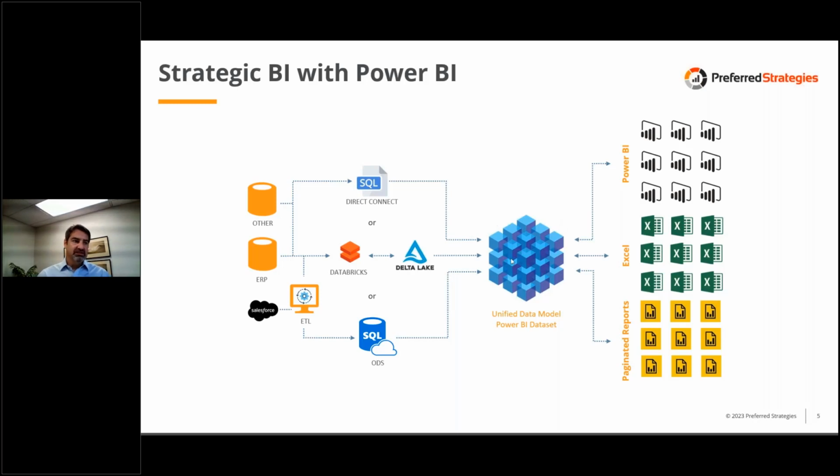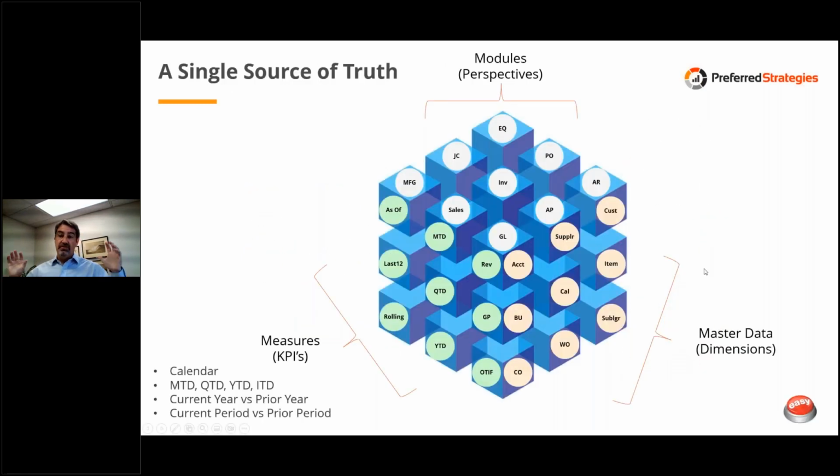But the key is the data is going to land in this already governed, structured, organized, centralized data set. This happens to be a Power BI Premium data set, which we're using today and what we deliver. And why is that important? You could end up rolling out 50 data sets in your organization or 100, one for each subject area. Or what we like to do is bring those in together because they relate on a lot of shared things. So for instance, in the JD Edwards example, you might have the general ledger, accounts payable,